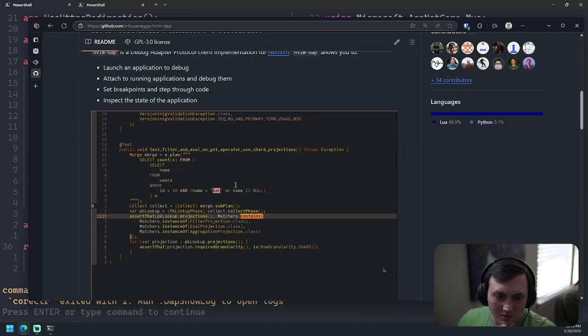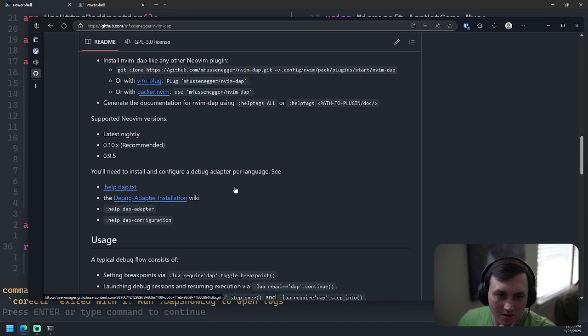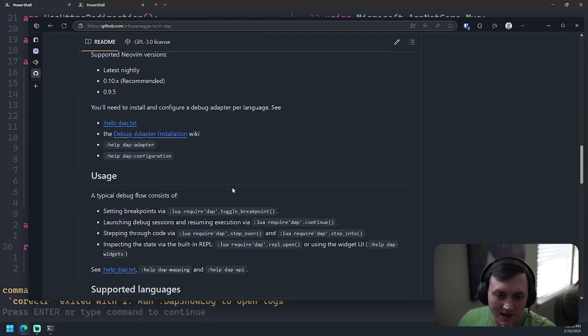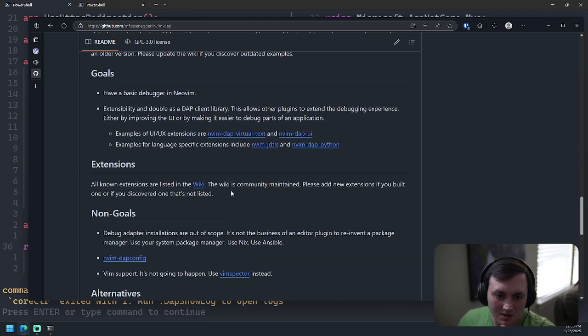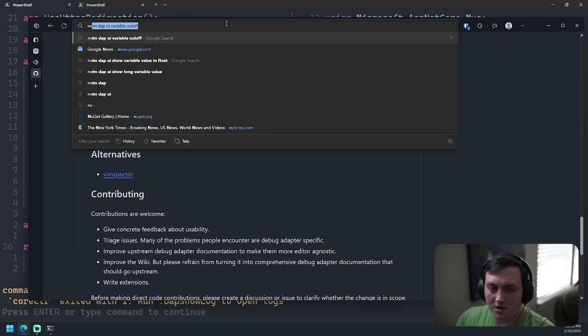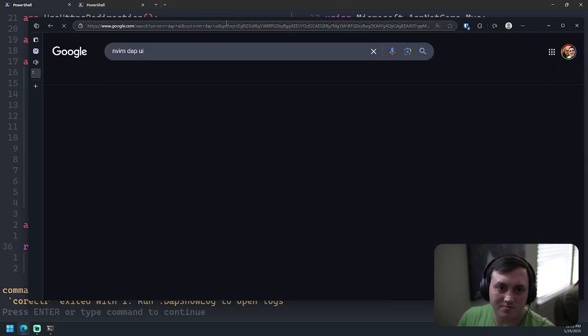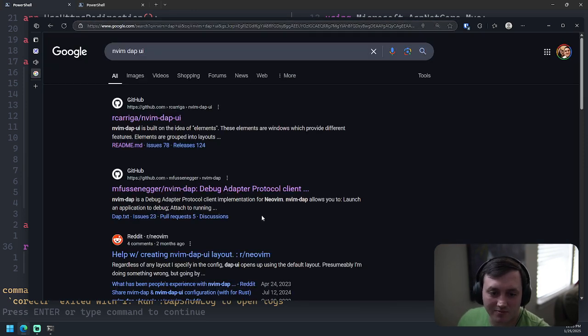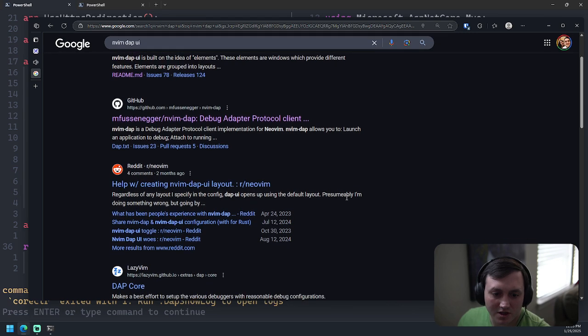So it looks like there's a way to customize this UI a little bit. In nvim dap UI. I'm sorry, this is turning into a Neovim thing.